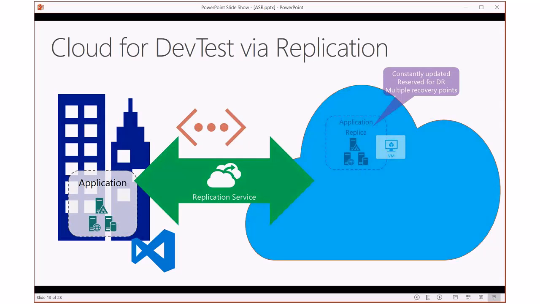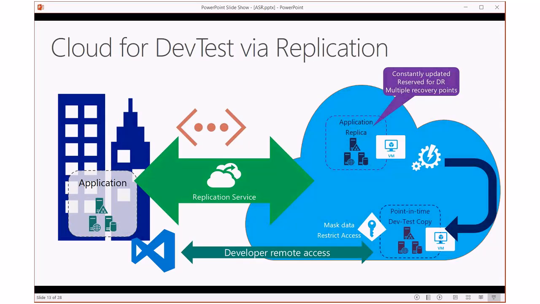Another great area to use this is for DevTest. What you can do actually is you can basically take a whole swatch of your environment, right? You can take a dev and test environment, and you can use these services to fail them over to Azure, put them in their own isolated network, and then you have an exact replica of that environment at that point in time in a little sandbox. And you can do multiple iterations of that, right?